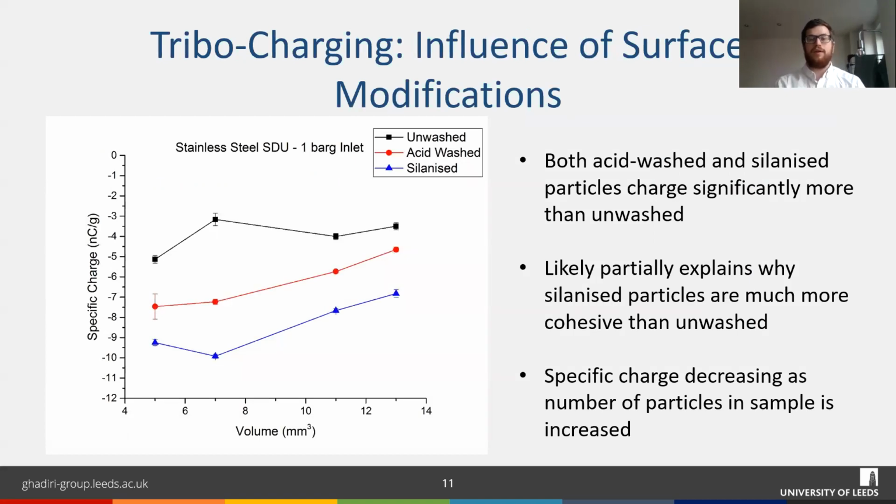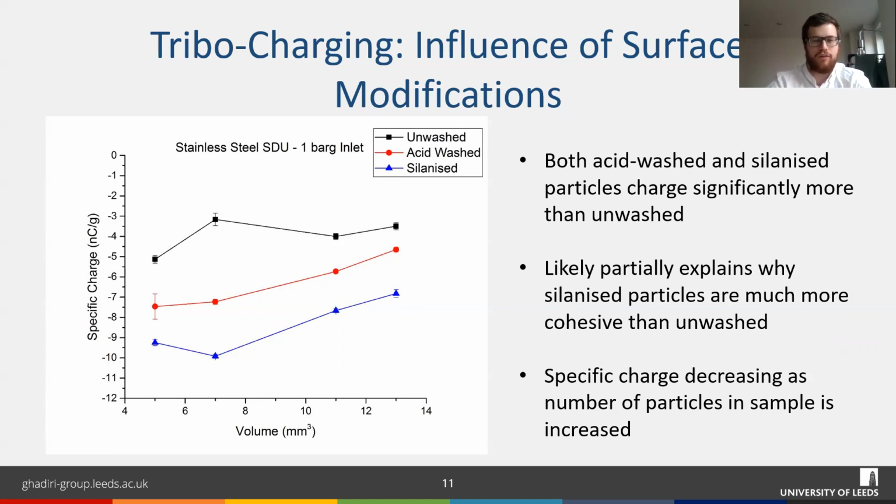So following on from that, we did the tribocharging test. What we can see from this, so this was with the stainless steel SDU at a 1 barg inlet at around 60-ish% humidity, is that all of these particles charge negatively, but both the acid washed and the silanized particles charge significantly more than the unwashed counterparts. And this likely goes some way to explain why the silanized particles are so much more cohesive